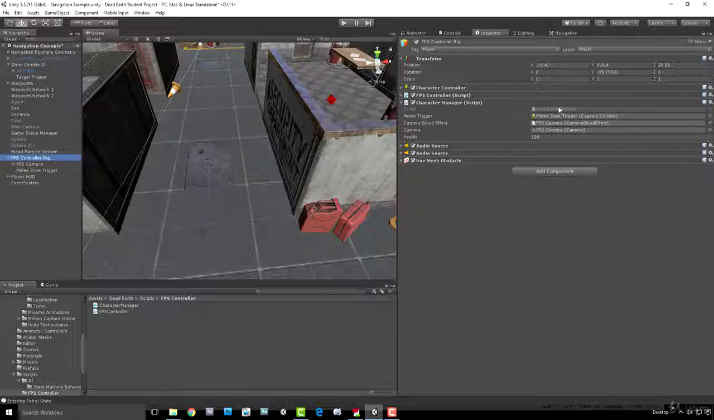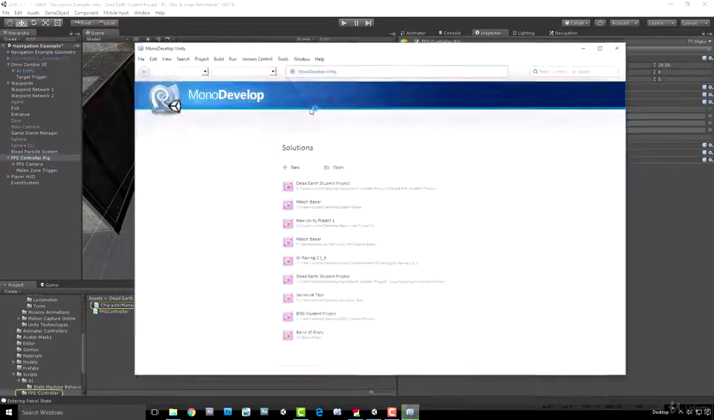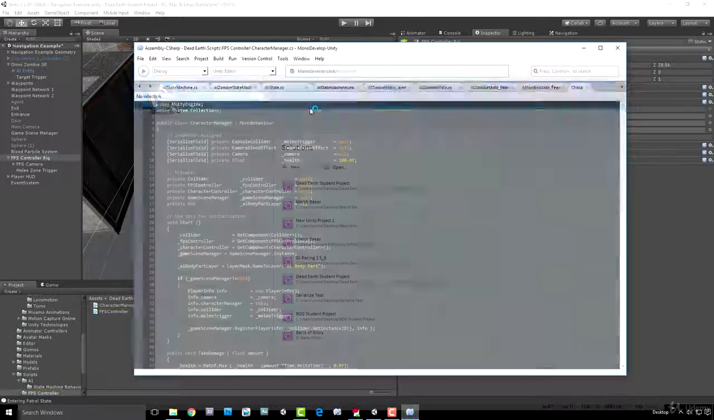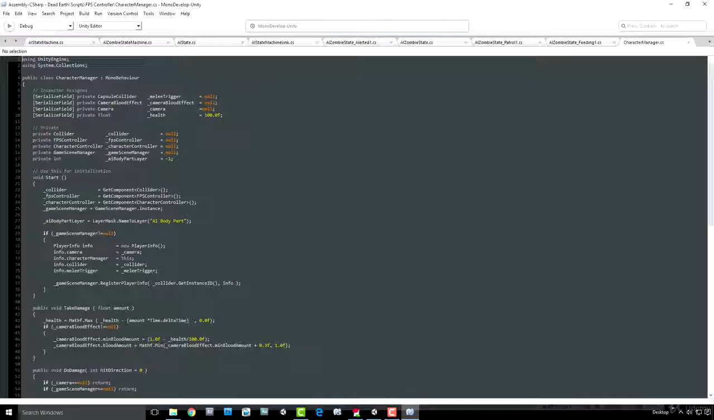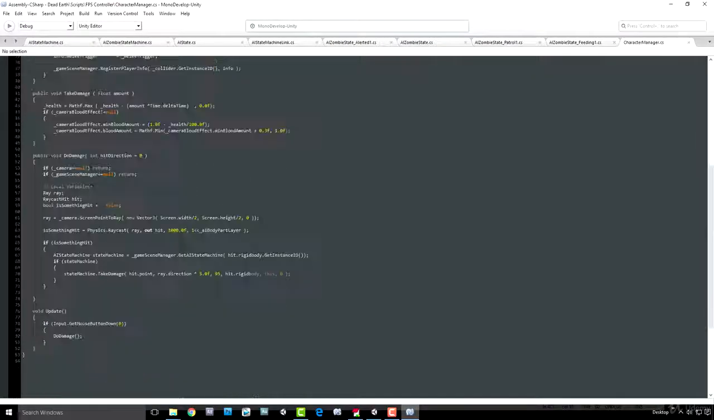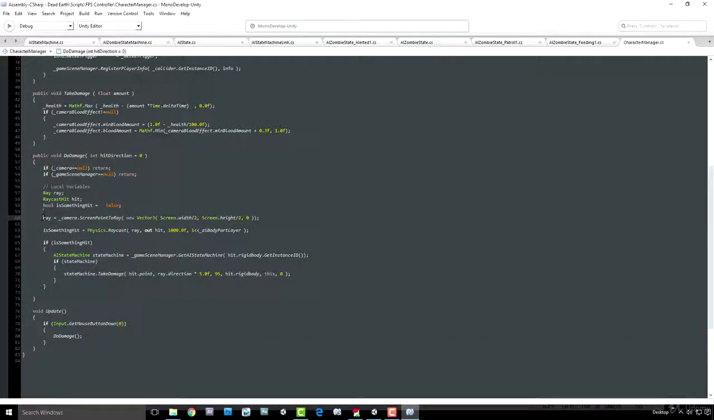controller rig, and I'm going to open up the character manager. And remember, the character manager is the script where at the moment we're kind of faking the gun that we've got. And that's in our do damage function. And whenever the mouse button is pressed, you'll remember that this function casts a ray through the crosshair in the center of the screen, and we get the zombie that we've intersected, if we've intersected a zombie in our crosshair, and then we call that zombie state machine's take damage function, and we pass in the characteristics out of the